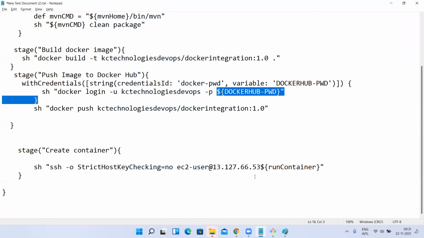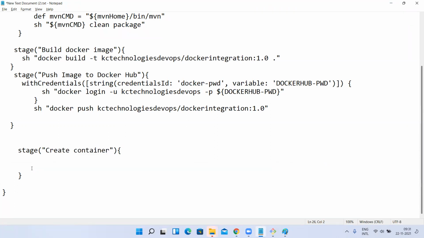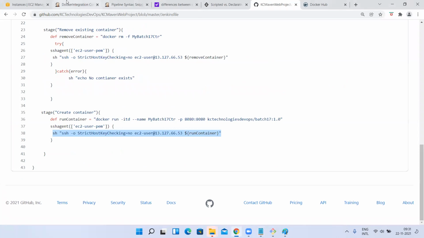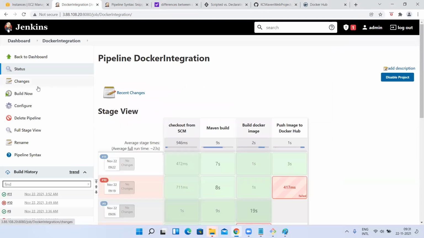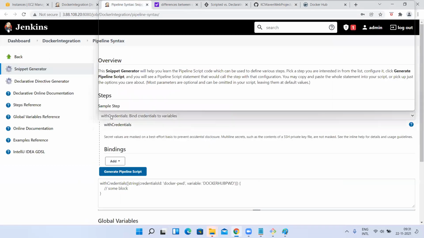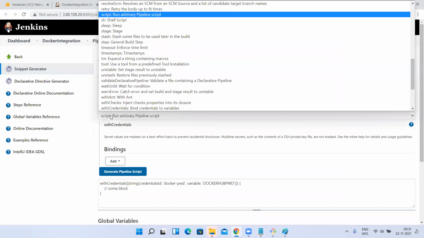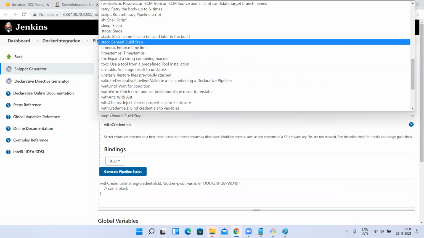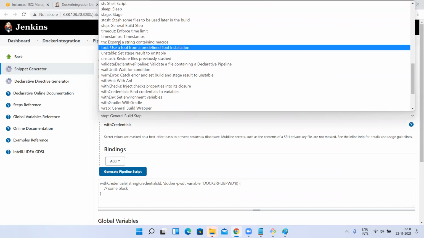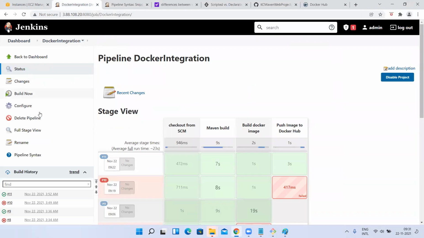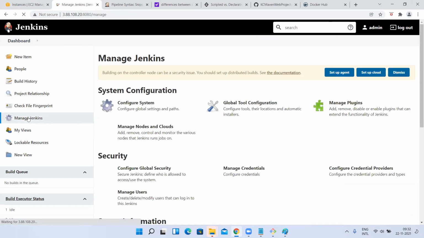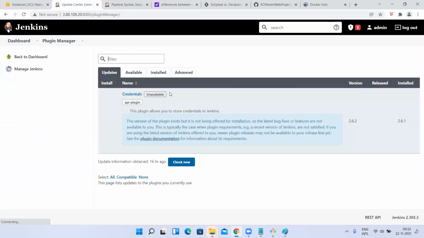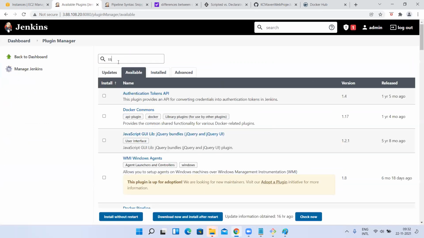Okay, we'll see that. But before doing that, to connect from one machine to another machine and execute there, we need to use one concept in Jenkins called SSH agent. There is one option called SSH agent. By default, you will not get it. By default, you will not get this step. So what should I do then? Add plugins. Go to Manage Jenkins. Now you are clear, right? Jenkins works based on plugins. Manage plugins, available, SSH agent.